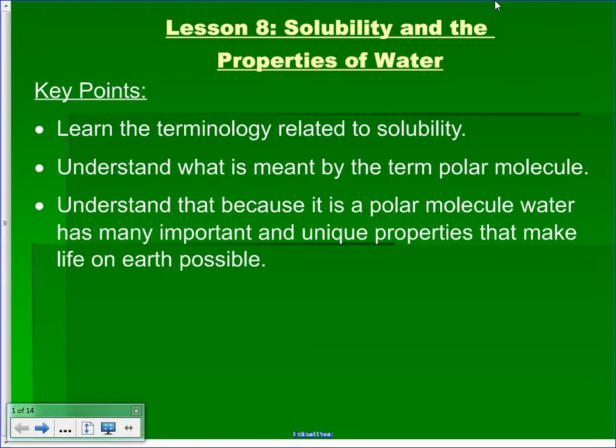So what we're going over today should be a little bit helpful in your lab tomorrow, at least in terms of the solubility test that you will be running. We're also going to talk about some of the strange properties that water has, why it does some of the things it does, and then obviously, if we have a little bit of time left after that, you'll have some more time to work with your group on your procedure and other